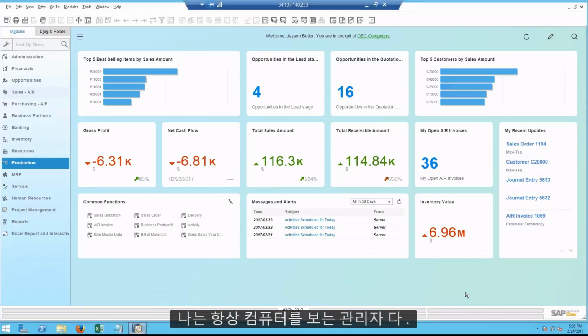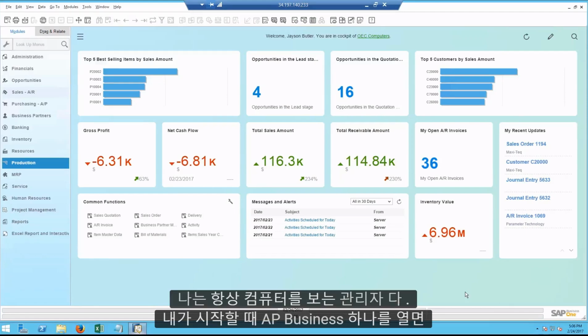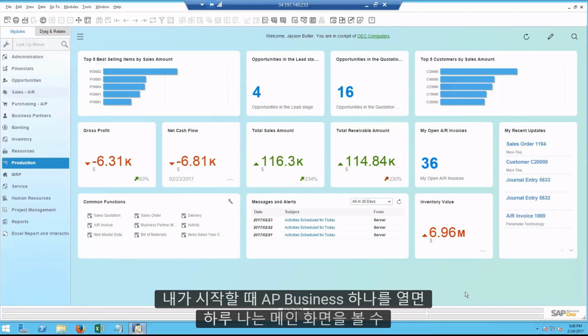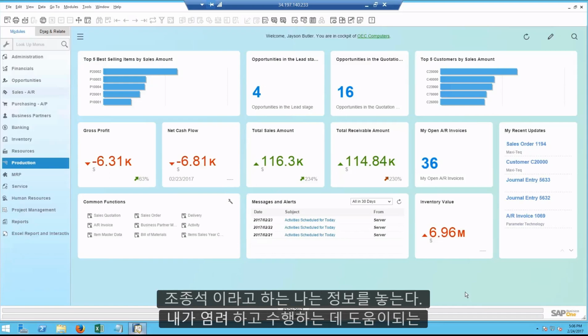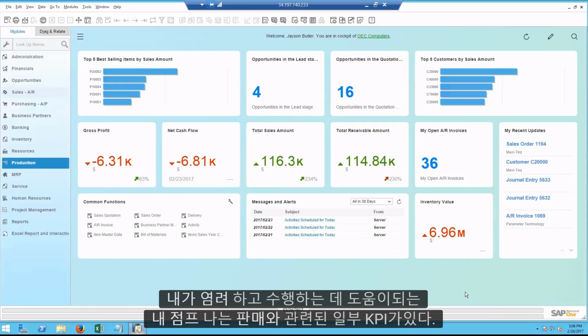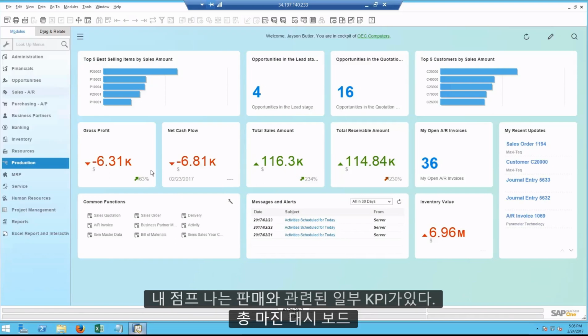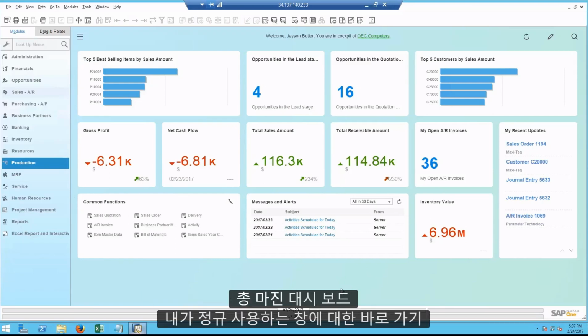I am the manager at OEC Computers. When I open SAP Business One to start the day, I see the main screen, which is called the cockpit. I place information that I care about and that helps me perform my job. I have some KPIs around sales and gross margin, dashboards, shortcuts to windows I use on a regular basis, and